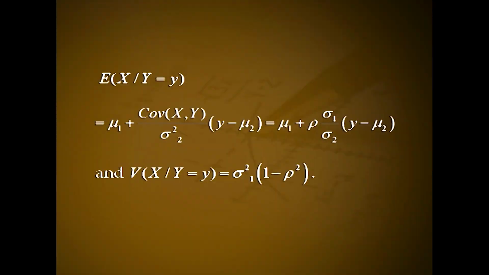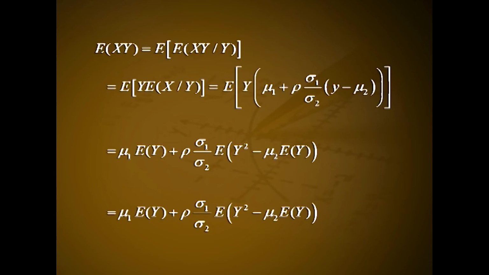mean and variance respectively. Expectation of x given y equal to small y, that is equal to mu 1 plus covariance of xy by sigma 2 square into y minus mu 2, that is equal to mu 1 plus rho into sigma 1 by sigma 2 into y minus mu 2, and variance of x given y equal to small y, that is equal to sigma 1 square into 1 minus rho square. Using the above information, we can deduce covariance of xy is equal to rho into sigma x into sigma y